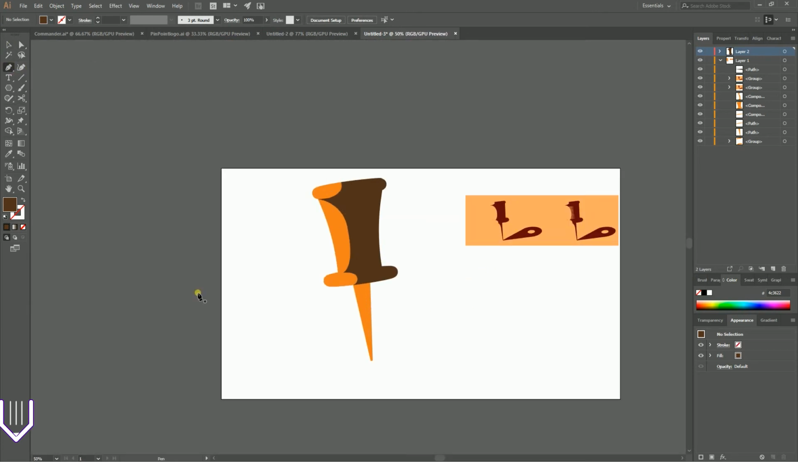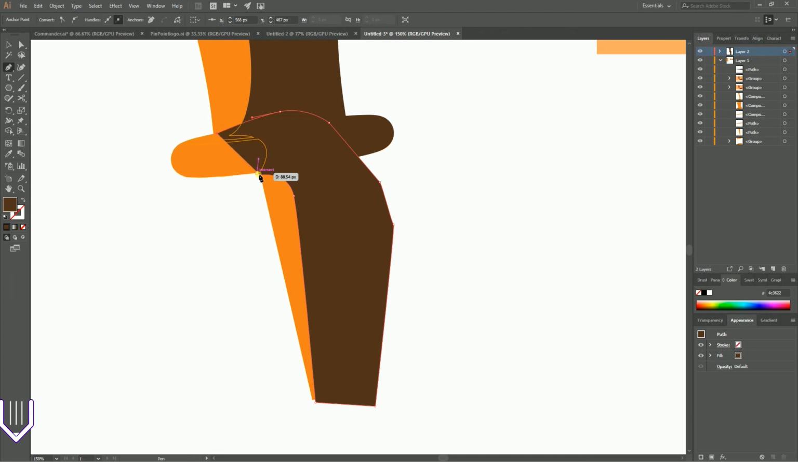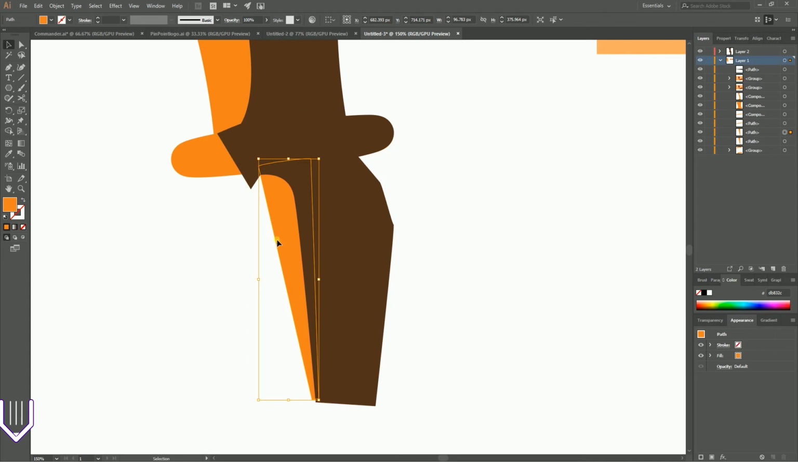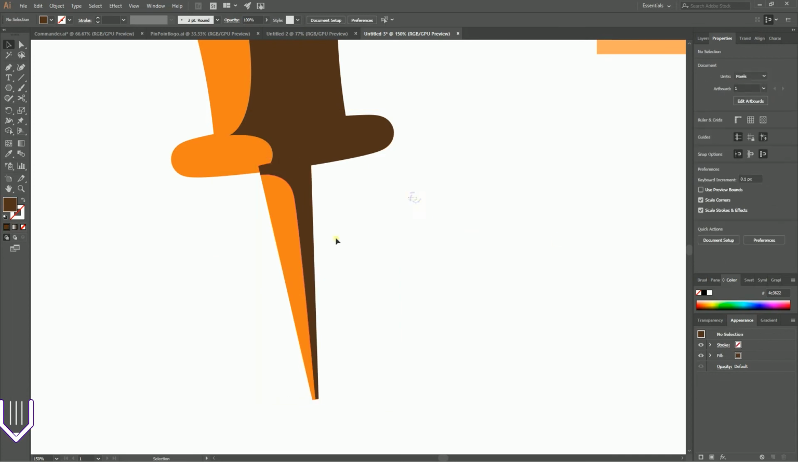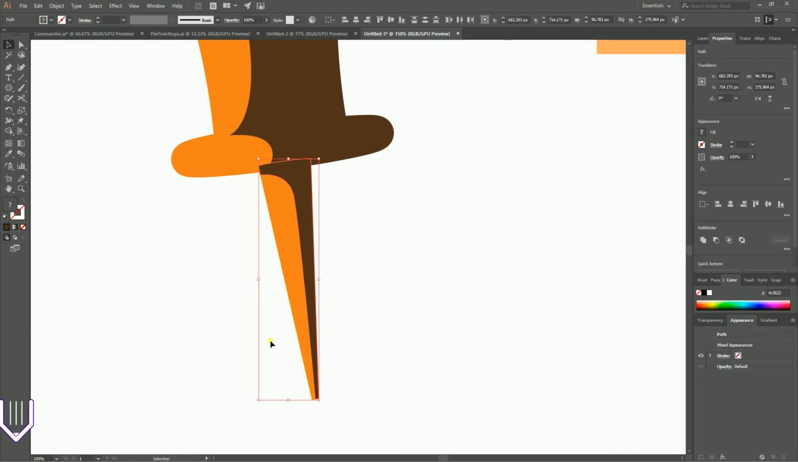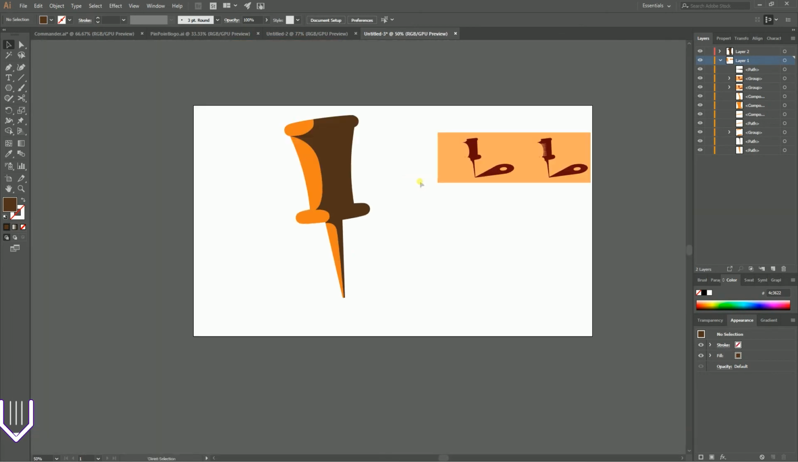I'm gonna also add with the pen tool the shadow here. Make a duplicate of this, and let's go to the Pathfinder again and intersect them as well. Now let's move them to the bottom of our layers stack. So looks nice,